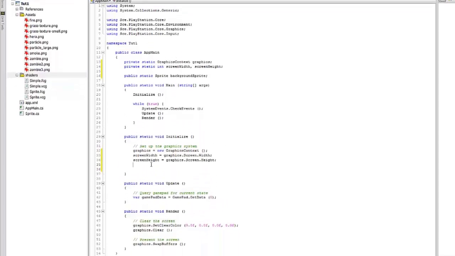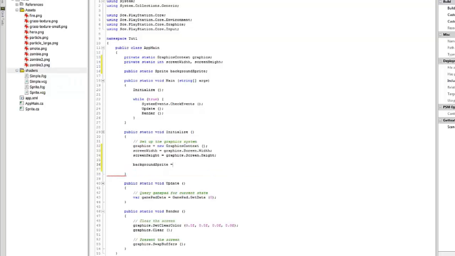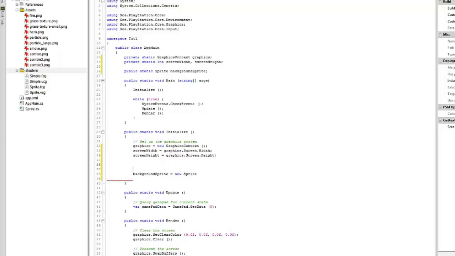All right, so as we said before, let's drop down here. I'm going to bring this background sprite to life. So I'll say background sprite gets a new sprite. And notice that it wants a graphics, which we have, and it wants a texture. So let's hold off on that for now. I'll say texture 2D backtext gets a new texture 2D, and it wants the name of the file. So that's going to be